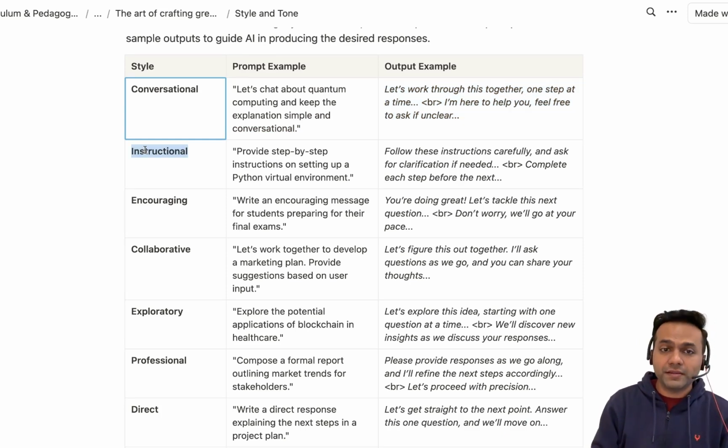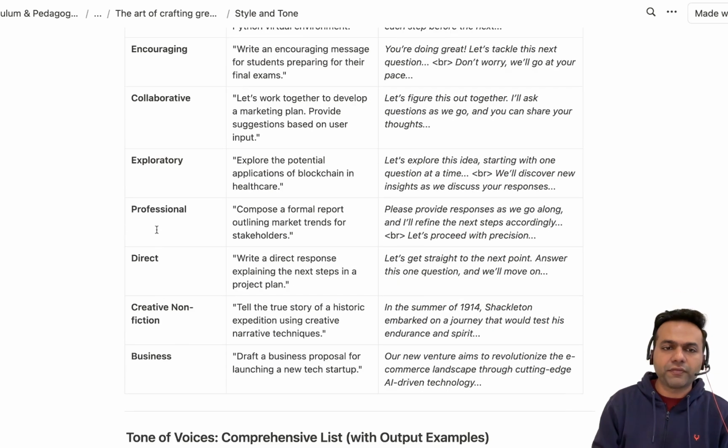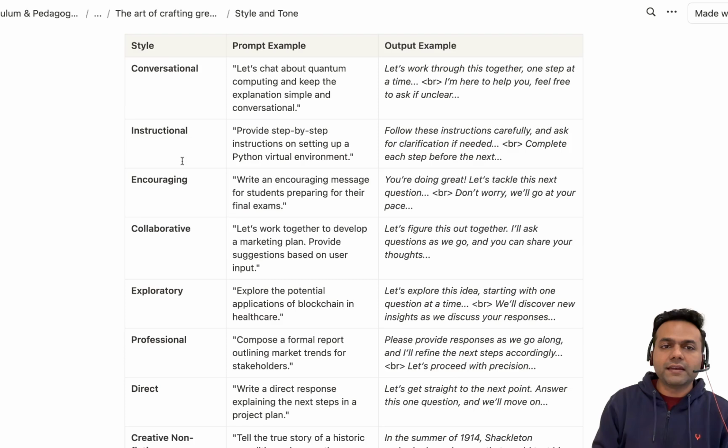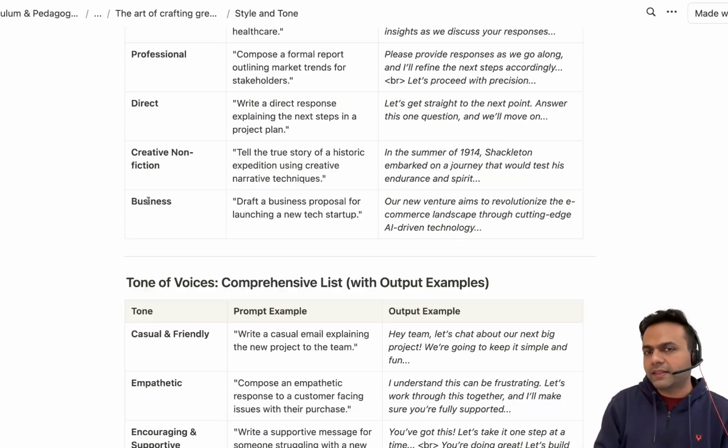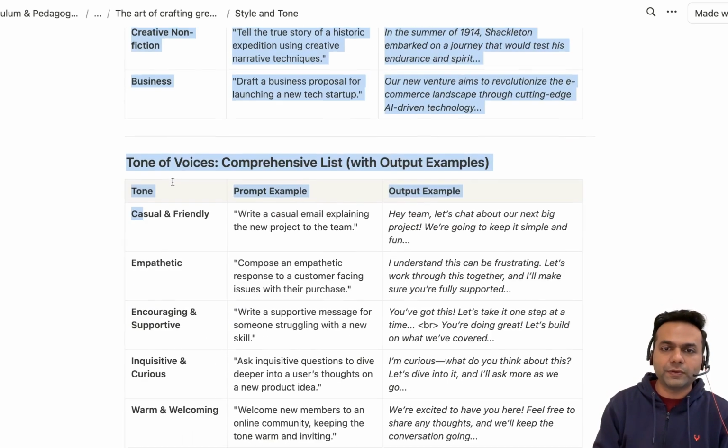If you're asking AI to give out instructional type of content, then you might expect this kind of a response. So I have included very commonly used styles here: encouraging, collaborative, explanatory, professional, direct, creative, business, right? So you can use this and experiment with this, and the tone of voices, right? Do you want a casual and friendly tone, right?